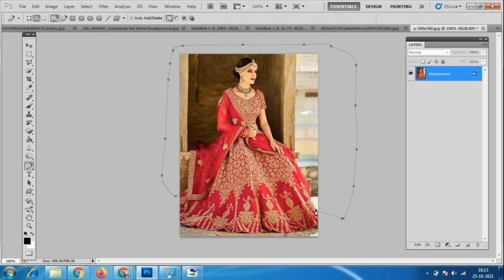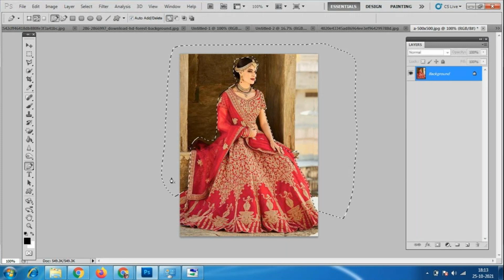So now I make it separate. I'm making the background and this character, both the things, separate now. Okay, so now they both are separate. Before, they were in one single layer. So now I'll make these two separate. First we have to separate them, then only it will work, otherwise it will not apply separately.